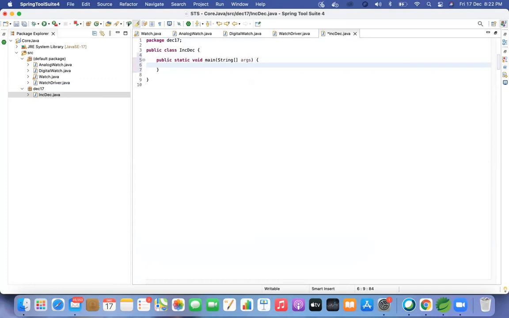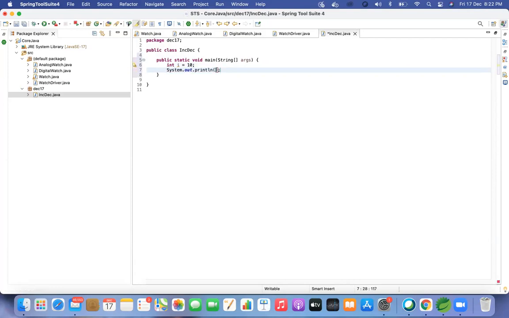So basically increment adds +1 to the value, but there's a difference between pre-increment and post-increment. So let's say int i equal to 10, right? You can just have that initialized, int i equal to 10. Okay. Now in sysout, just print i plus plus and plus plus i in the other statement.